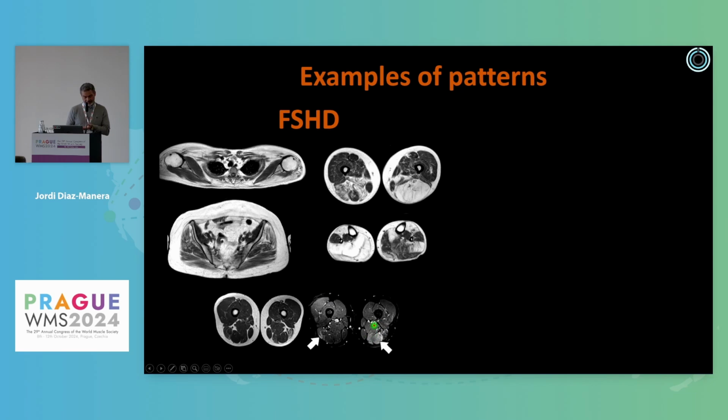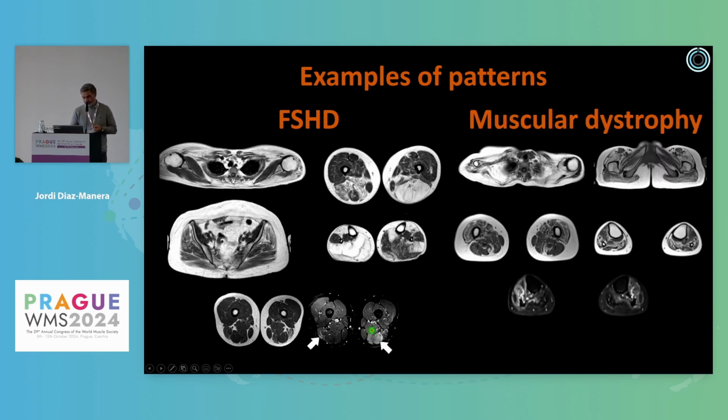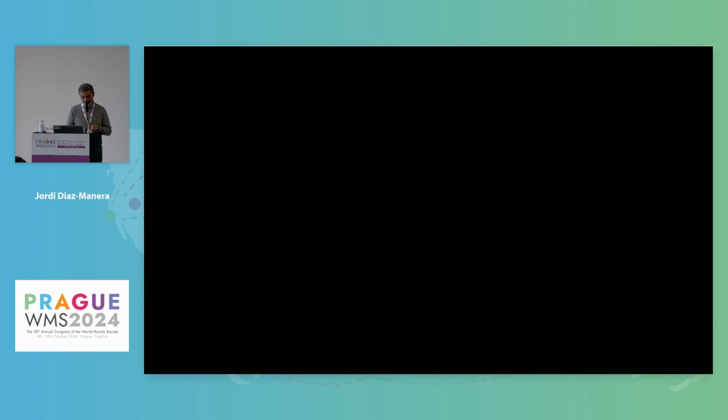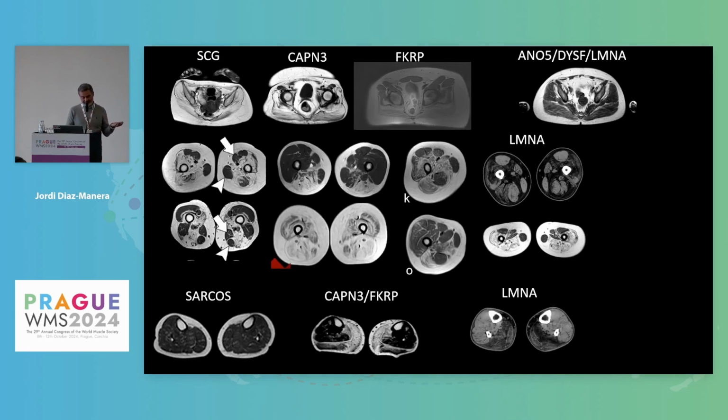You can see here an increased signal. And muscular dystrophies, of course, typically involve the muscles of the limb girdle. So either in the upper or the lower limb girdle, you can find severe replacement. And I don't want to go into too much detail on the different patterns that you can see in all